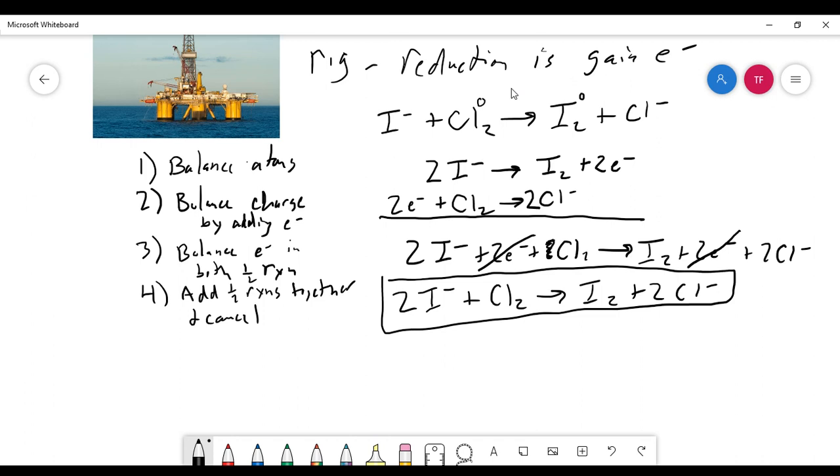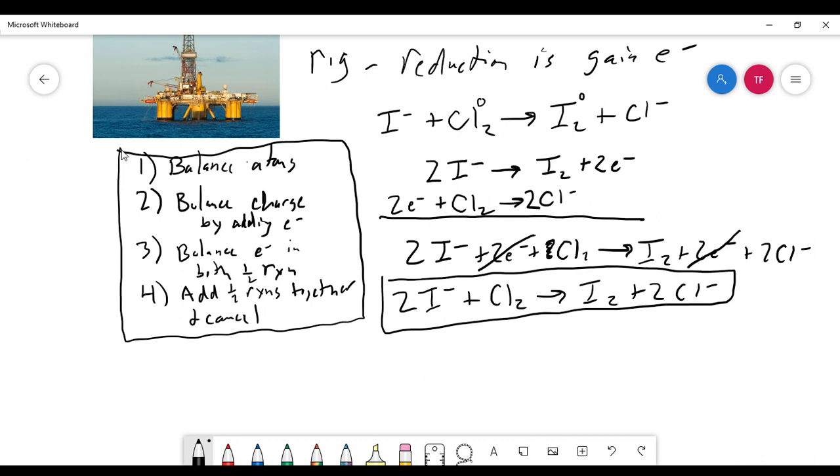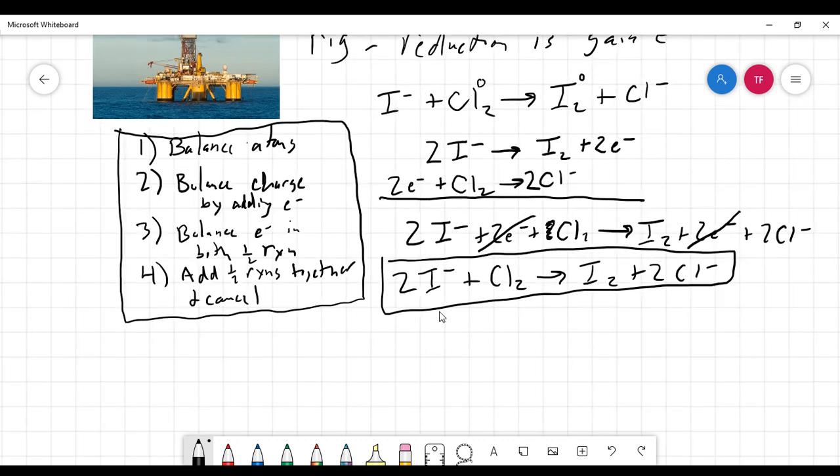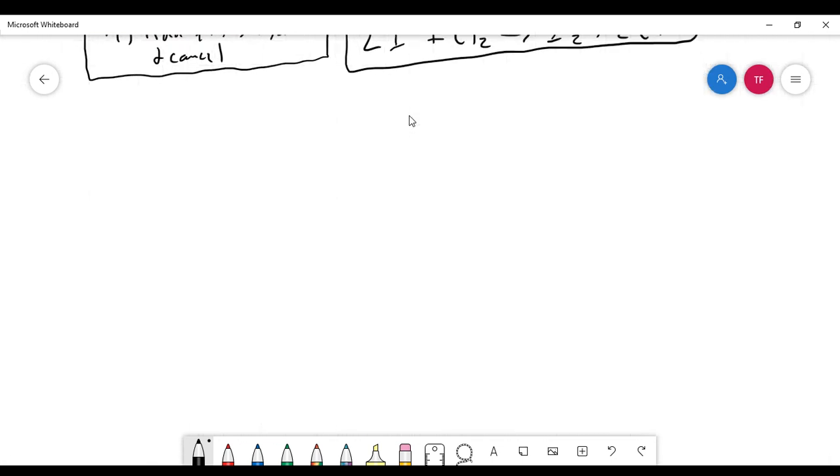Now again, you probably could have balanced that just by balancing it up here, but they do get more complicated, and so this strategy works always. We're always going to follow these steps in balancing redox reactions. So let's try a more complicated one, a reaction in acid solution. Because not all redox reactions can just occur by putting things together. Sometimes they require an acid or base solution to occur. So the reaction we're going to balance is H2S, hydrosulfuric acid, and NO3 minus, which